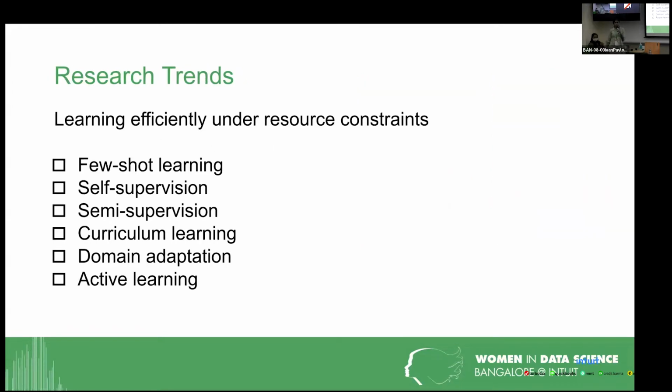Now I'll look into 3 research trends in this space, and it's no different from any other field. One of them is that we are always short of data, and many of our models are data hungry. So of course, in the research there have been advances on how to use available labeled data and huge amounts of unlabeled data efficiently. We also borrow some of these techniques and see how they help us for the ads moderation space. And some of this, I think, previous speakers also spoke about.